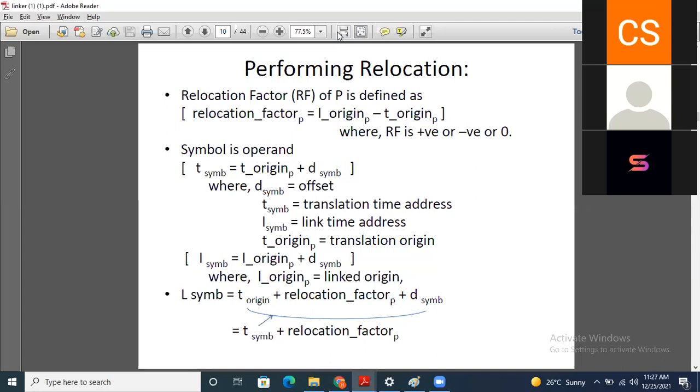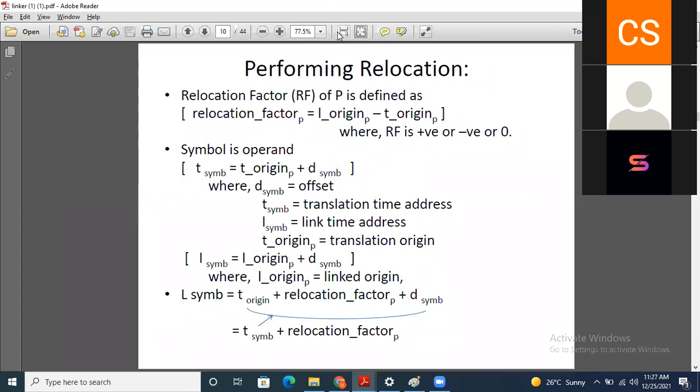So in that case, the RF can be negative, and RF can be 0 if your link origin and translated origin are the same. Otherwise, the relocation factor may be positive. This is the calculation of the relocation factor. Simple, mathematically: relocation factor is equal to L origin minus T origin.